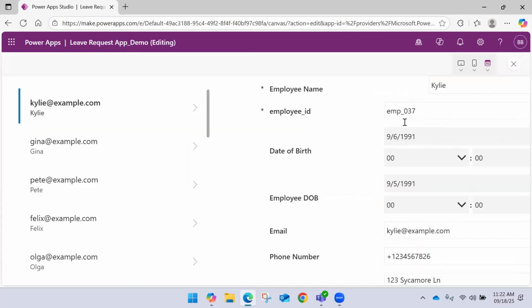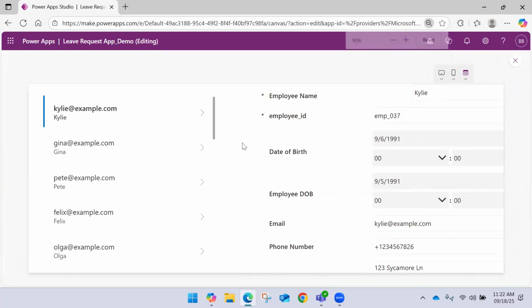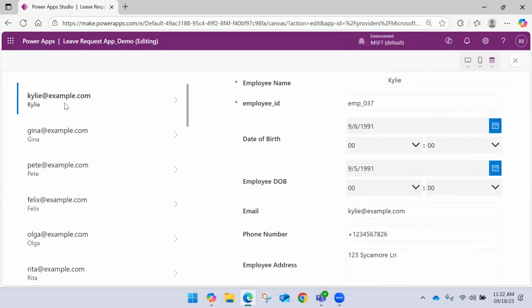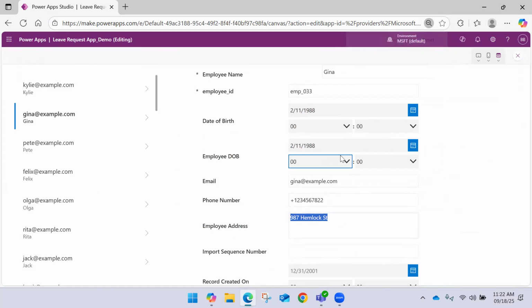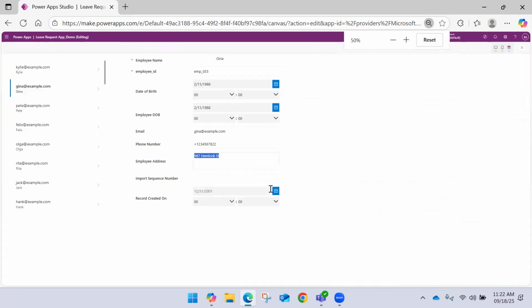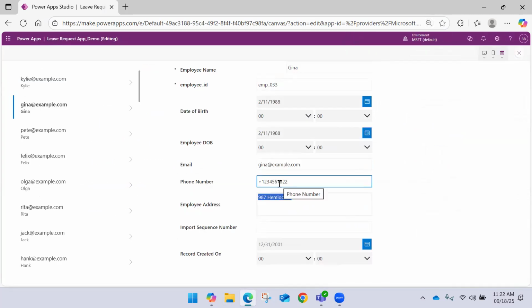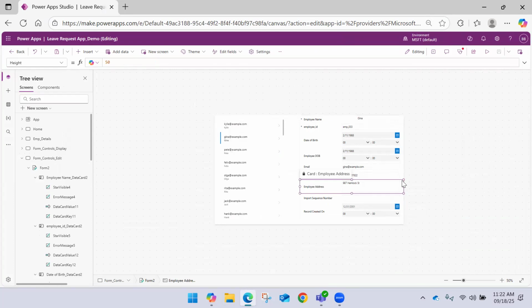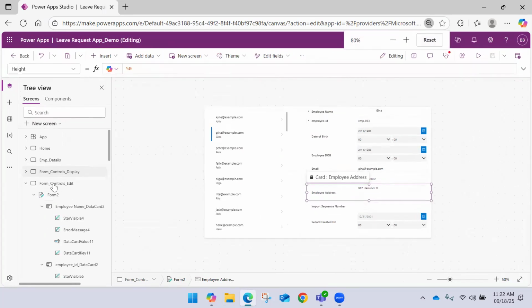If I play this application, we are able to edit the data here. For Kylie, or for Gina. So the address is like this. I may want to change this. We selected edit form, so you are able to change. Earlier this was not allowing you to select. If you enter the value, it is good. You are able to enter the value, but how will you submit this? So far, we have not added any submit option. To submit this, you need to use